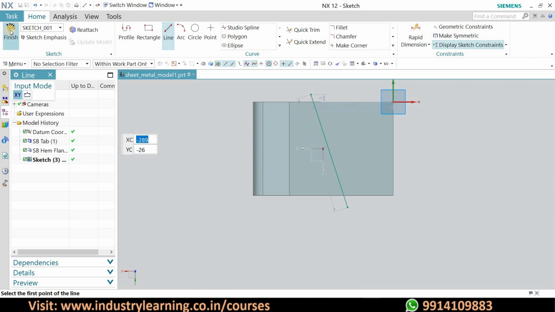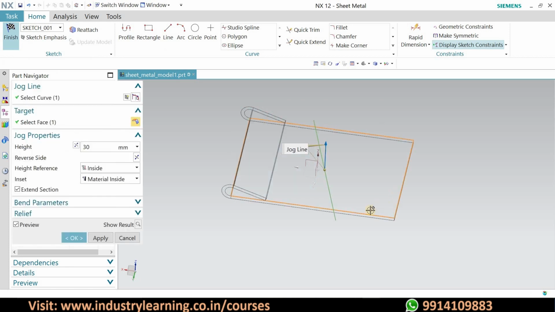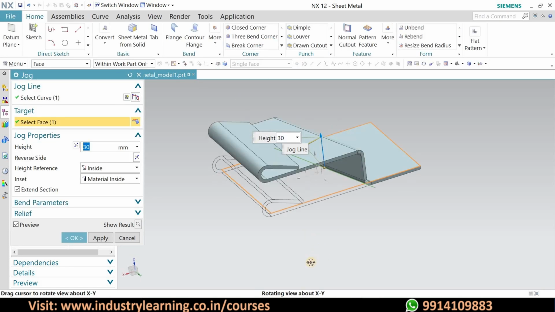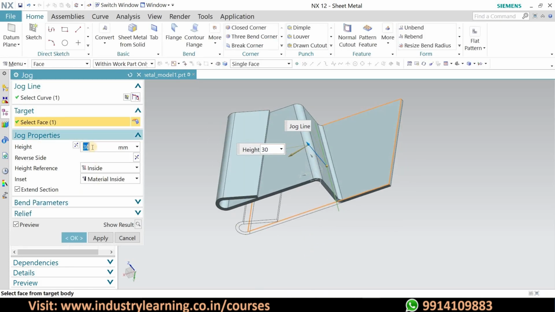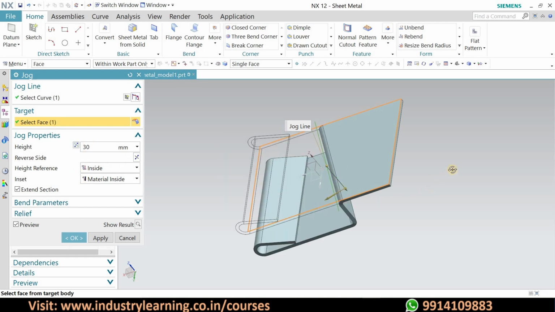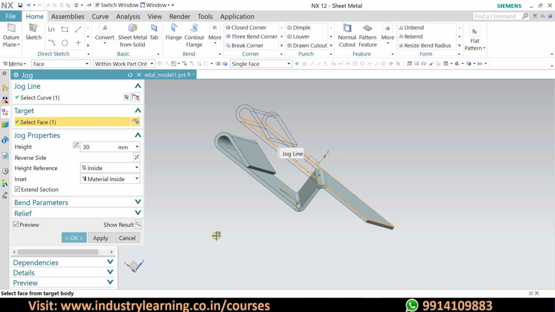After finishing, we will find that the jog profile has been created at this angle. And here again, you can change the dimension or make this reverse. I hope you have understood everything about the jog command in detail. So let us see the next one.